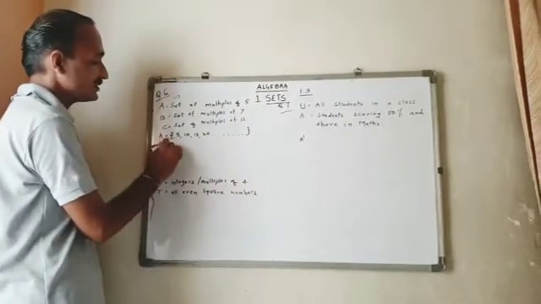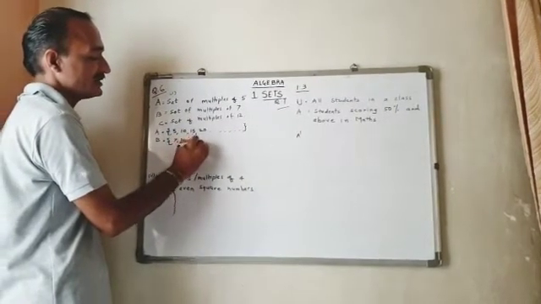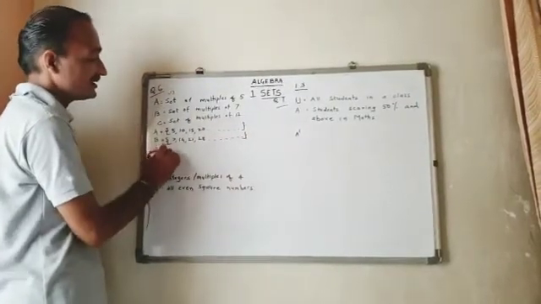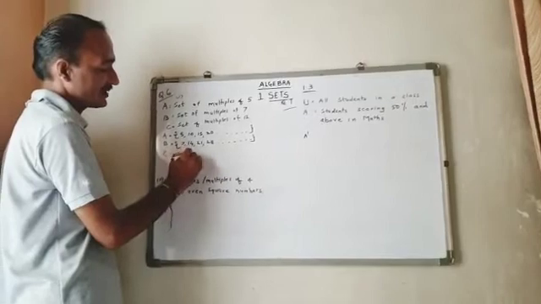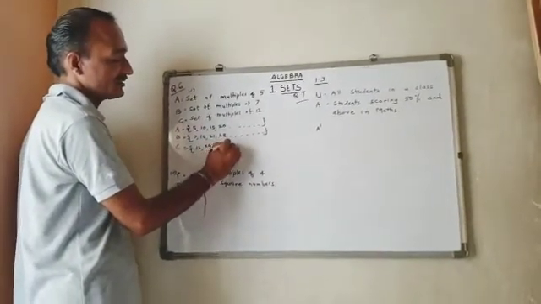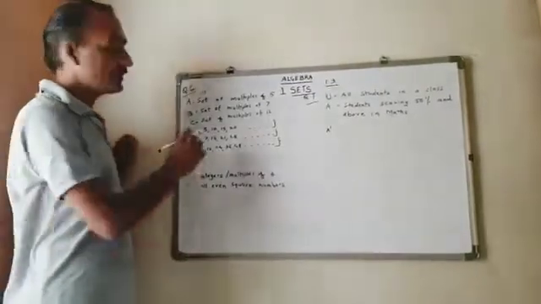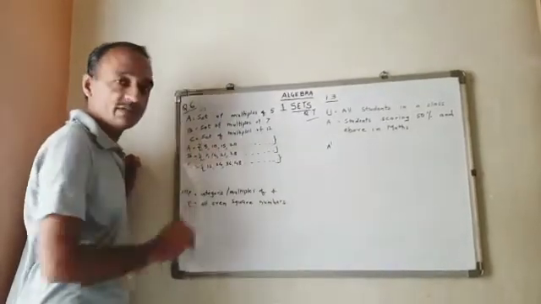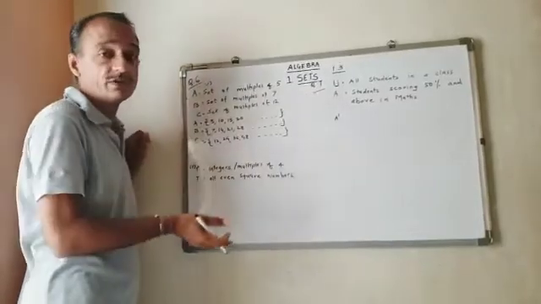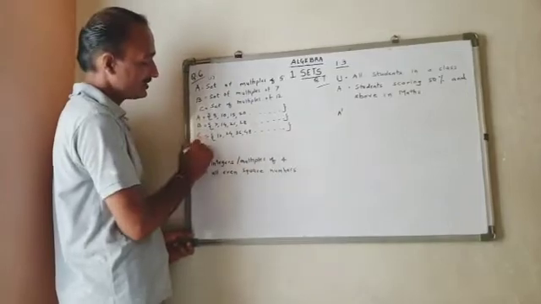B is a set of multiples of 7. 7 ones are 7, 7 twos are 14, 7 threes are 21, 7 fours are 28. C is a set of multiples of 12. 12 twos are 24, 36, 48, and so on. From this, what can you say these numbers are? Natural numbers. You can write whole numbers, because any number can be multiplied by 0 also, or even numbers. So for this we can use natural numbers,